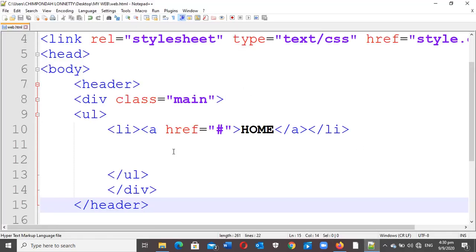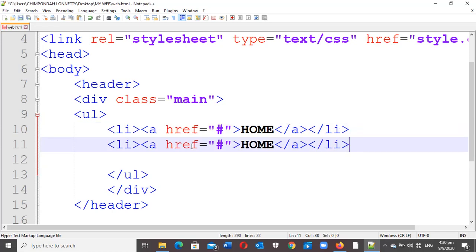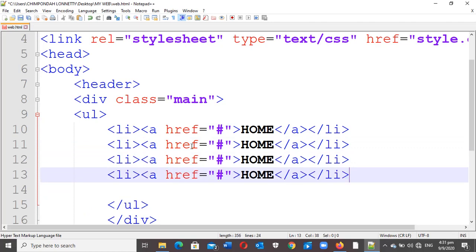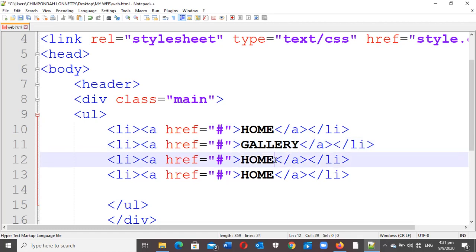So there we have the home button. Now we are going to add some more, so we just copy the same list. So we copy, then we paste. So there we are going to name the second one as our gallery, where we are going to save our photos. So we say gallery, but you can name it with any name you want. So then we are going to have the services,